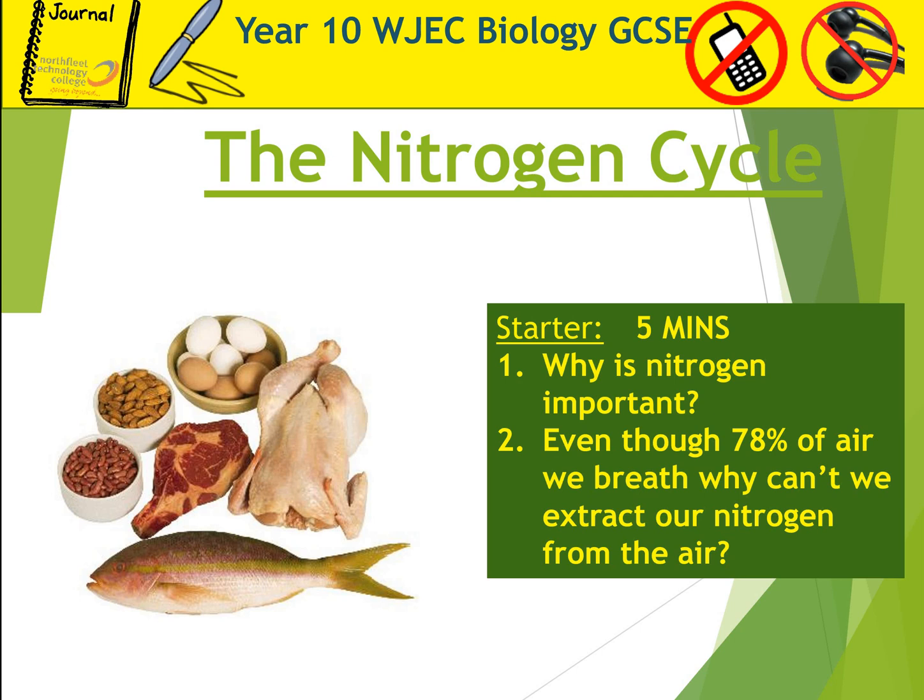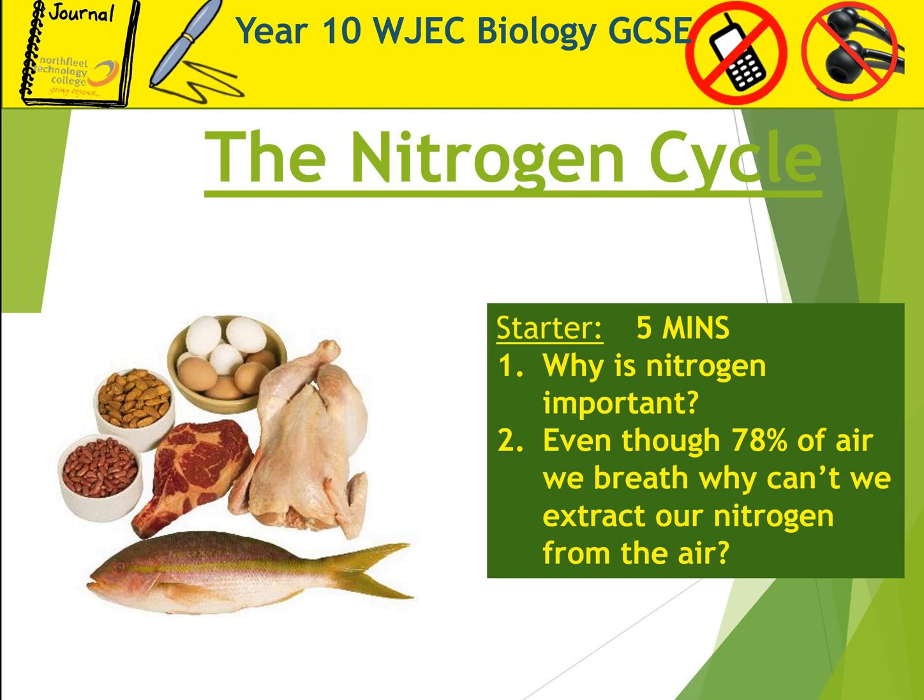So nitrogen is needed to help us make proteins in our body. We need nitrogen to help us grow and make new cells. Sources of protein in our diet are normally things like meat, egg, fish, chicken, nuts and pulses. We eat these and they get broken down into amino acids in our body. Our body then uses the amino acids to make the proteins that make up our skin, our muscle, our bones and other parts of our body.